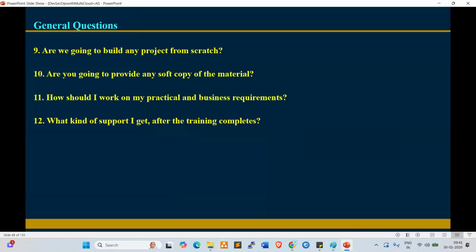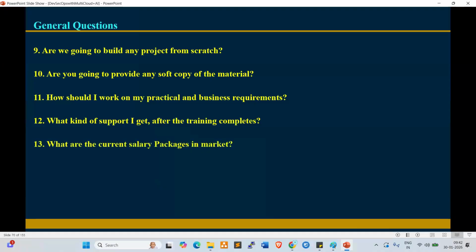You can reach out to my number, which I already shared, and also the institute number. We'll respond and guide you until you get the job.